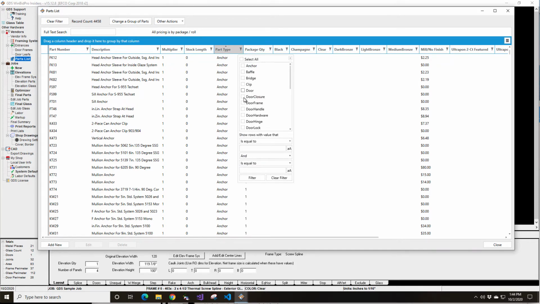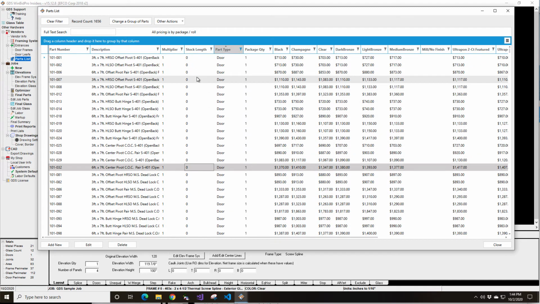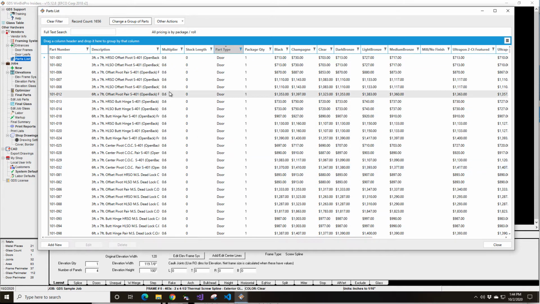Like, let's say all our door parts have a certain multiplier, or there is a certain multiplier for anything that's door related. So if we check all those boxes here, it's filtered our list to all those different door type parts. And now I can go up, change a group of parts. I can check my multiplier box and tell it I want a 0.6 multiplier for those parts. And you'll notice 1,656 parts are going to be updated here. So now it's gone through and updated all those parts,